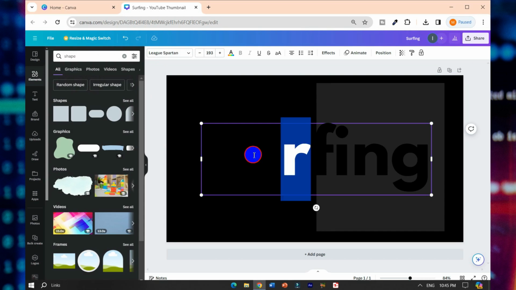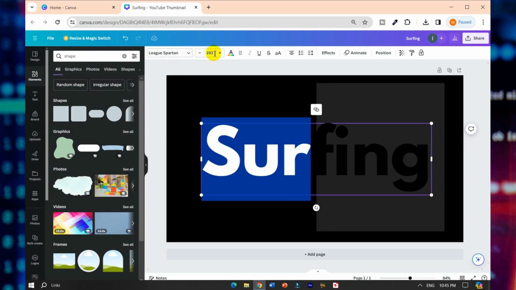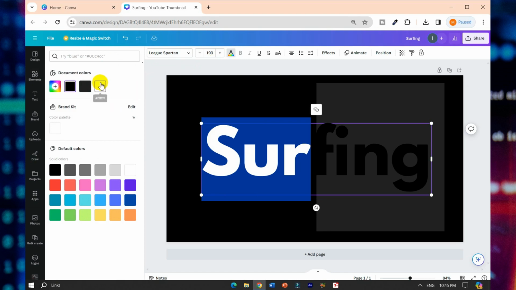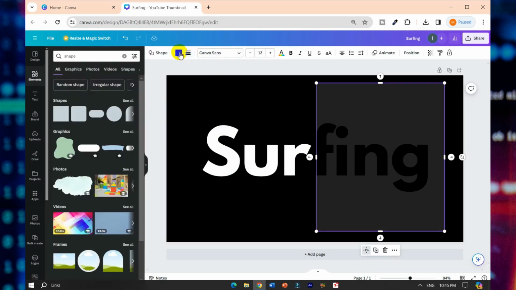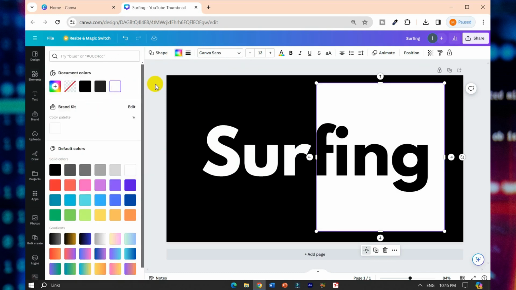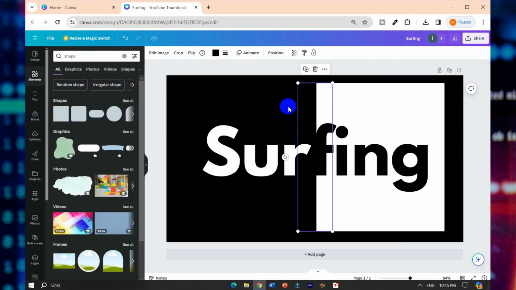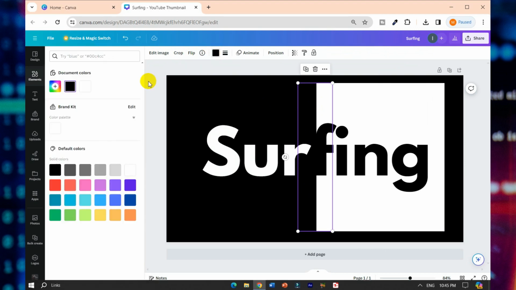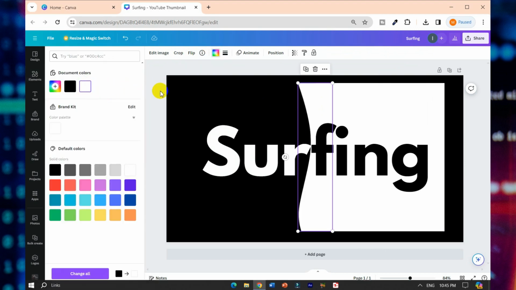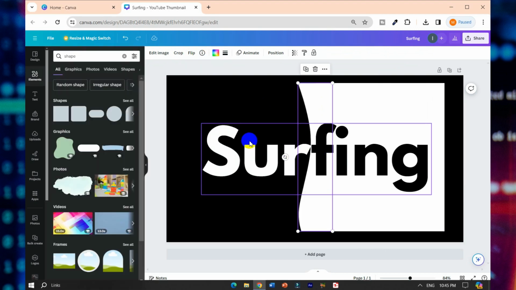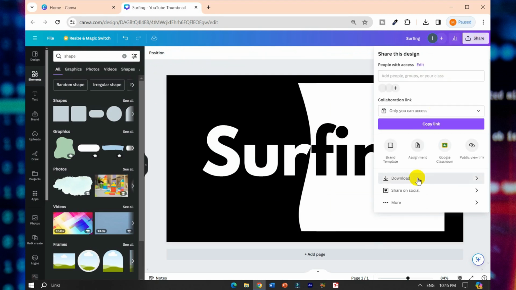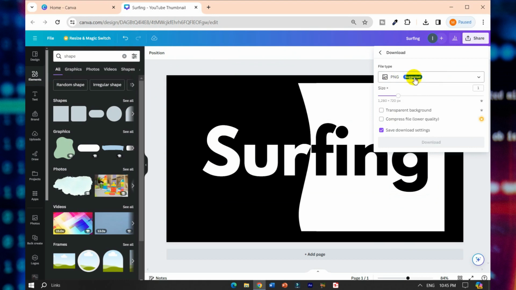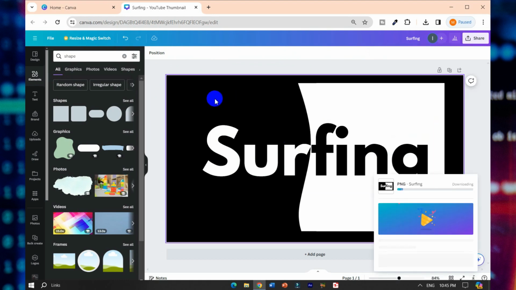then select text color to white, then select shape and select white color, again select shape, color, select white, share, download it, PNG as download,